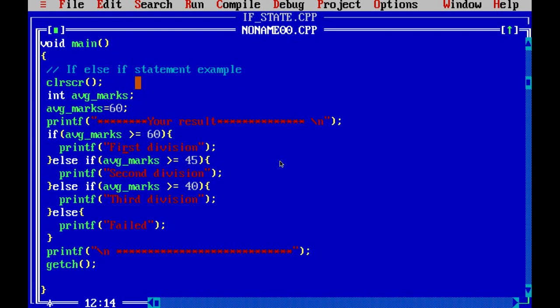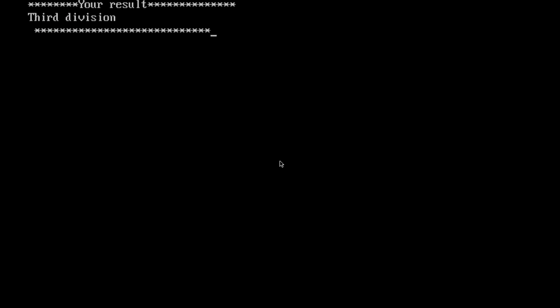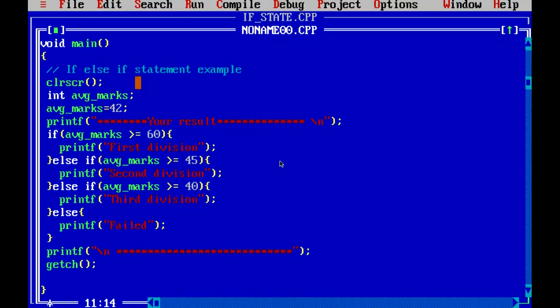Now if I am giving 42, then it is printing the third division as the first condition is not getting fulfilled and the else if condition for greater than or equal to 45 is not getting fulfilled, but yes, the average marks is greater than or equal to 40, so it is getting fulfilled.